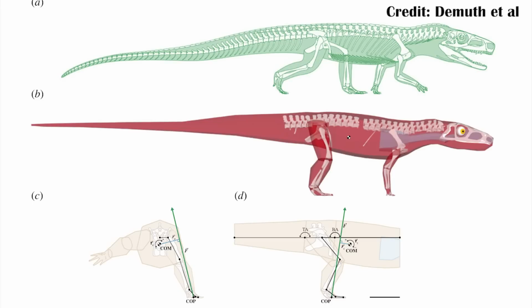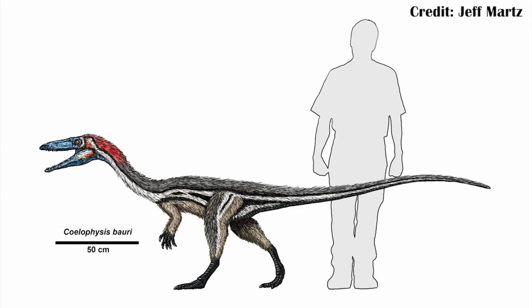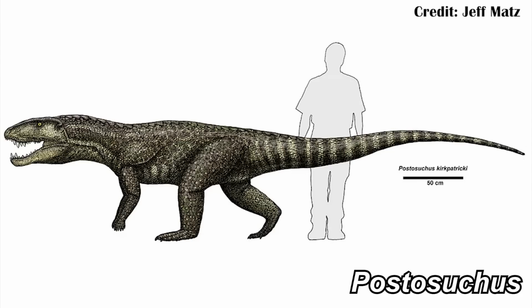crocodilians versus in dinosaurs. There's also been some suggestions that Euparkeria may have been bipedal, but this paper found that it probably wasn't. It was much more four-legged, and it really wasn't going to be able to get around well just using two legs. Now, the thing is, later in the Triassic, there were obviously bipedal dinosaurs like Coelophysis, but also bipedal crocodilian relatives like Postosuchus. So this is really important for understanding how they actually got from, again, this initial four-legged quadrupedal stance into becoming